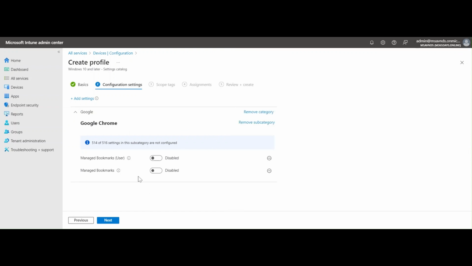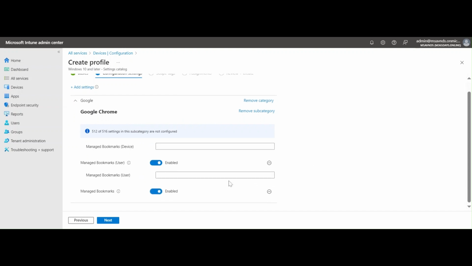So currently both of these are disabled. We need to make it enable and then add the bookmarks so that we can simply add the details. So now details as in bookmark capabilities, right? Also we need to enable the